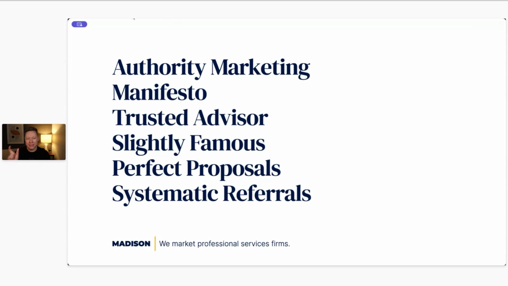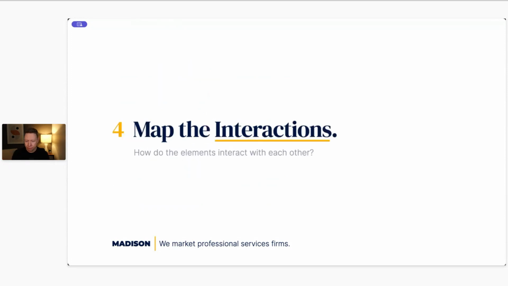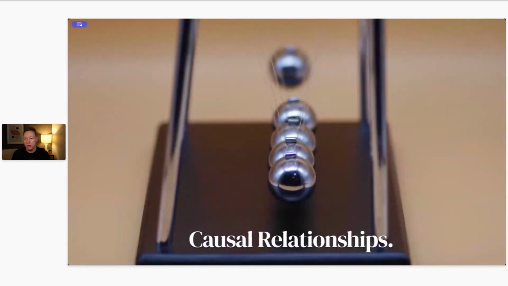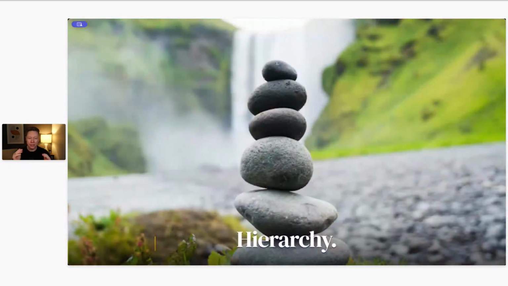So how can we attach stronger language to the elements that made it in there? Step 4, map the interactions. So the elements might have some relationships with each other, and that'll inform the ultimate visual representation of it, right? And so you could have causal relationships where this one leads to this one, or this one is dependent on this one, right? We already talked a little bit about hierarchy, but some of these might be subordinate to others or elements of the larger one. So there might be some sort of categorization structure you can employ.